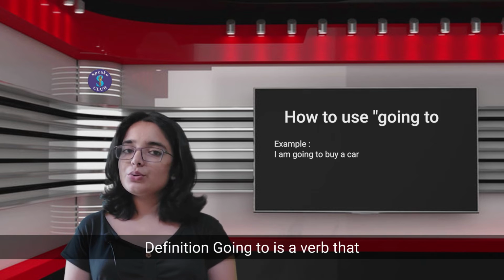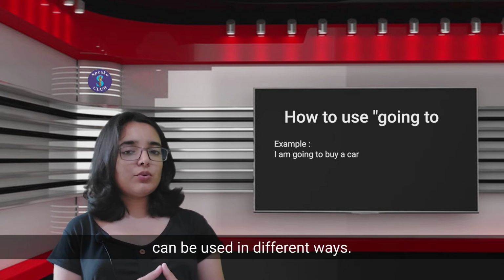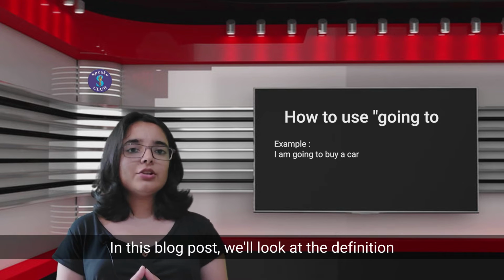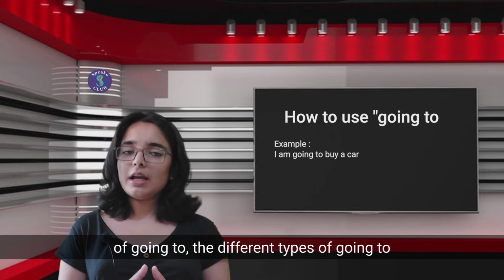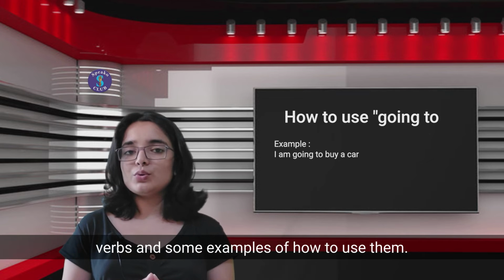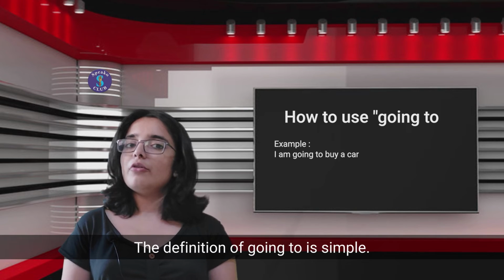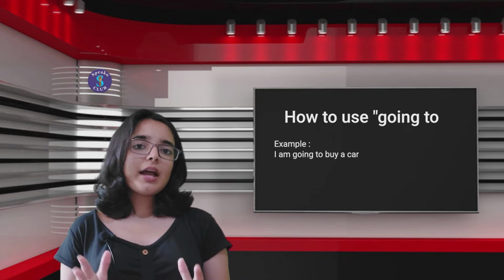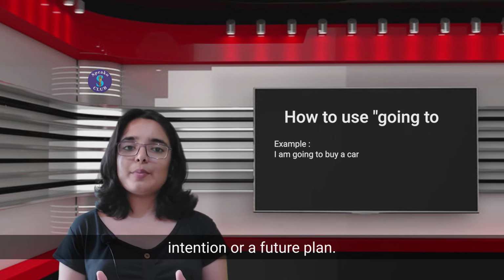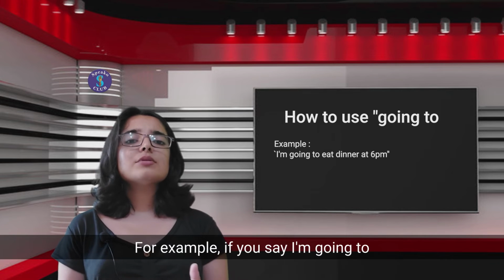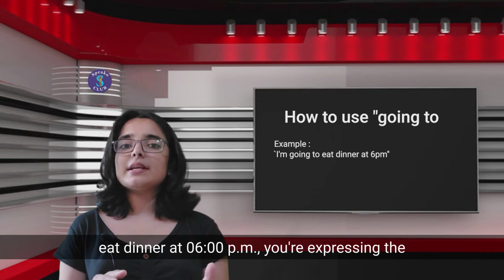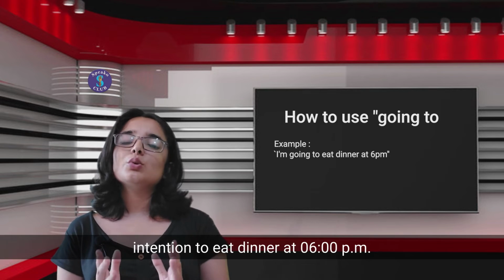Definition. Going to is a verb that can be used in different ways. In this blog post, we'll look at the definition of going to, the different types of going to verbs, and some examples of how to use them. The definition of going to is simple. It's a verb that expresses an intention or a future plan. For example, if you say, I'm going to eat dinner at 6 p.m., you're expressing the intention to eat dinner